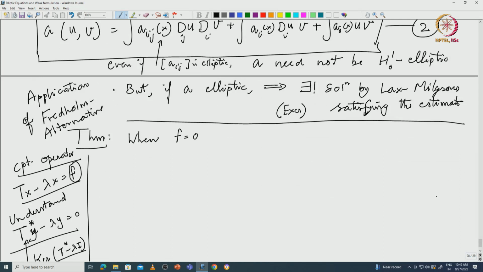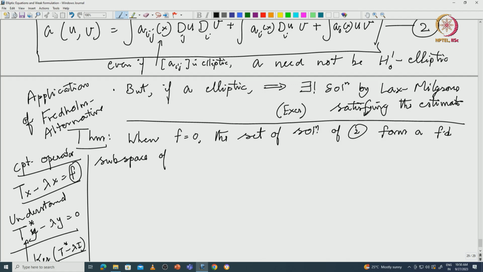When f equal to 0, the set of solutions of 2 form a finite dimensional subspace of H1 naught, you call it of dimension D, okay. Moreover,